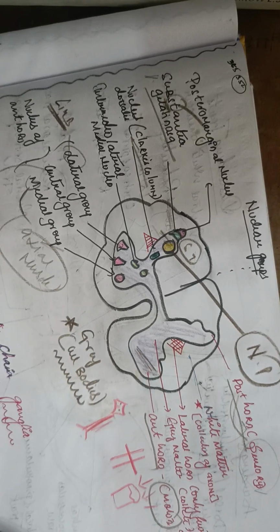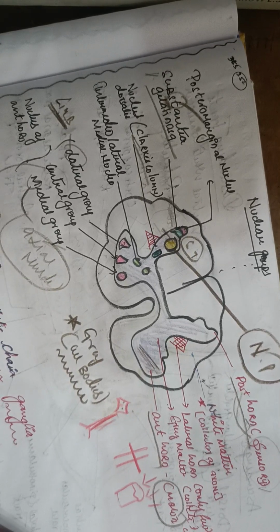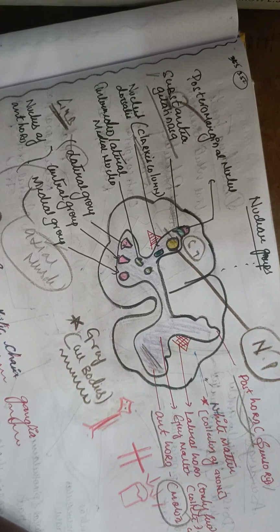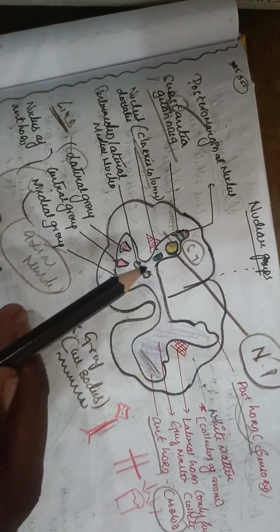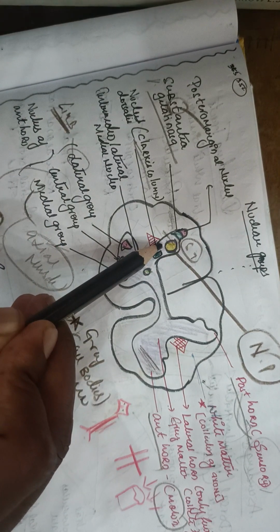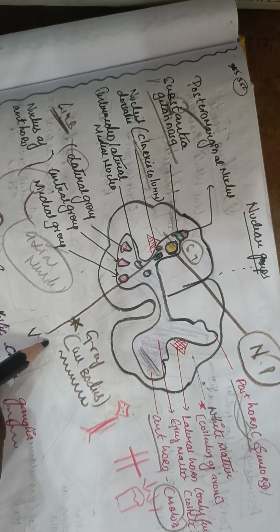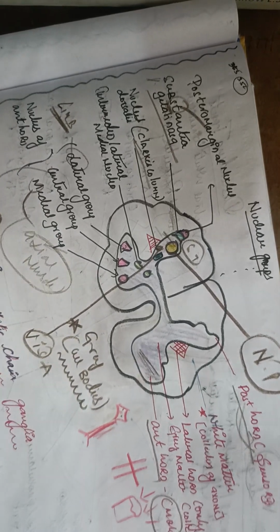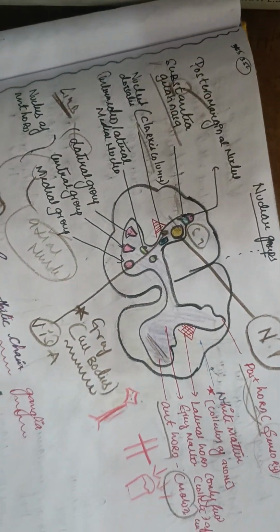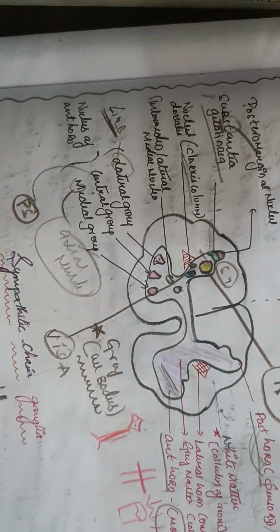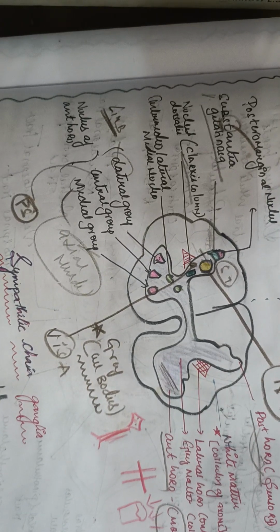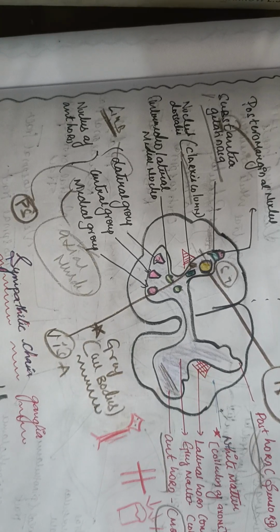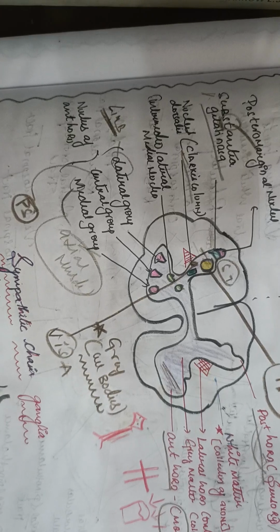Now, the next important aspect is the visceral afferent. Somewhere over here you have the visceral afferent. What is the visceral afferent here? It carries afferent fibers from the viscera. Now what does it actually carry? It can carry afferent fibers from the stomach, from the liver, from the visceral organs. So that's the four basic points you need to understand. The visceral afferent carries the afferent fibers from the viscera, which